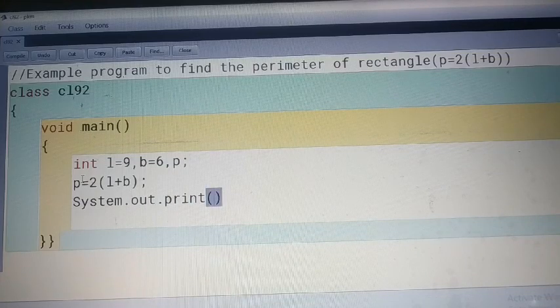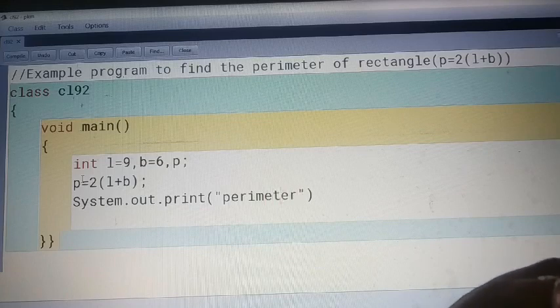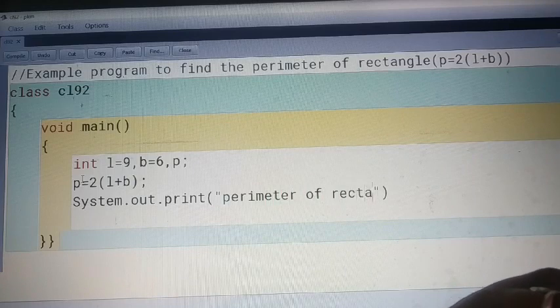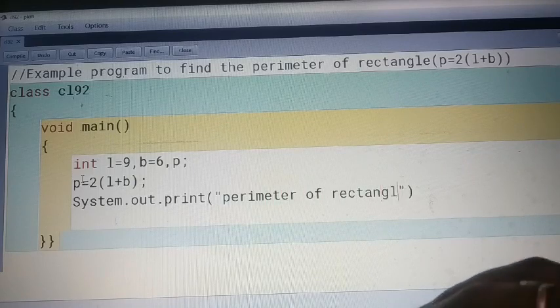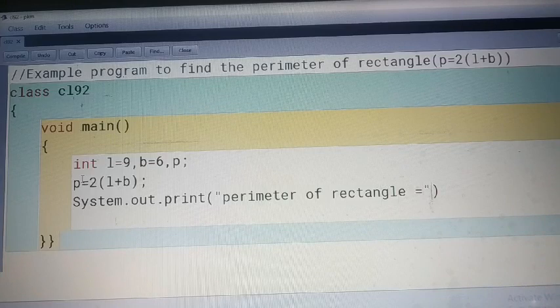Now see, I am printing P, and after printing P there will be a semicolon. So see the mistake. If I try to execute this program,